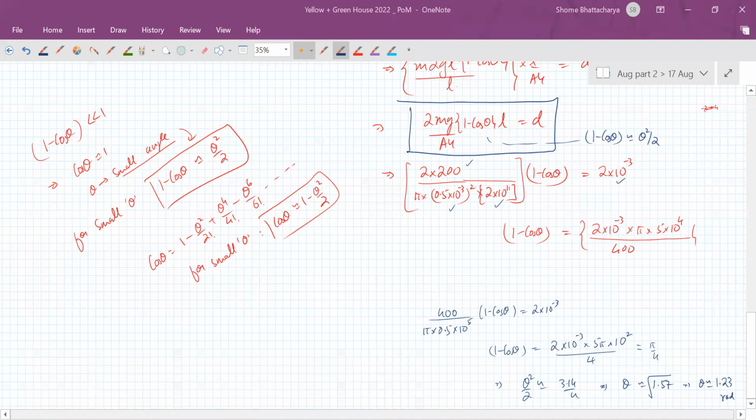Okay, so when you convert radians to degrees, you will get the answer. X radians is equal to x by pi into 180 degrees. So here 1.23 radians will be equal to